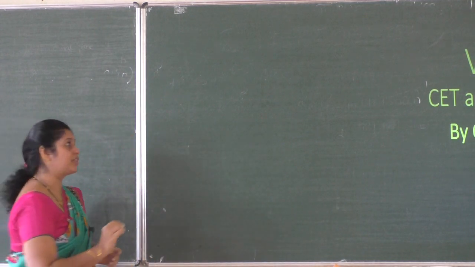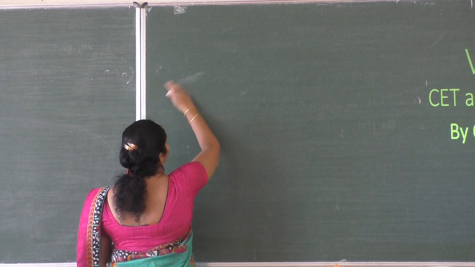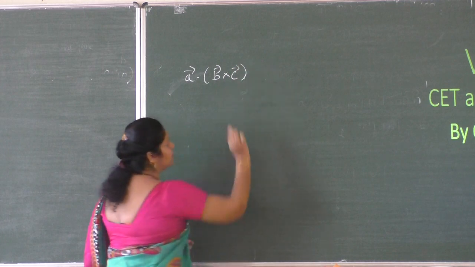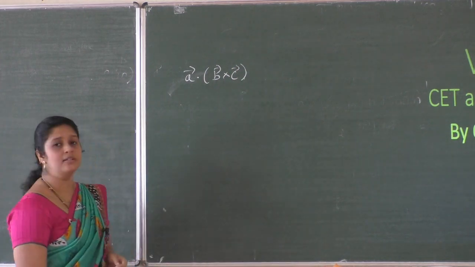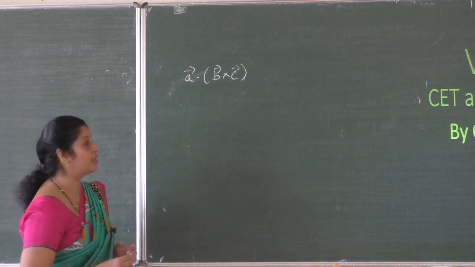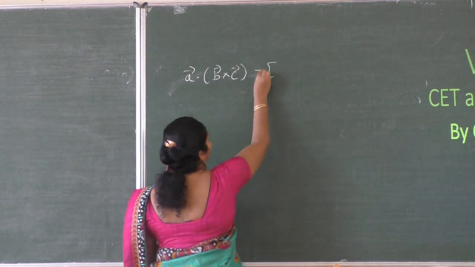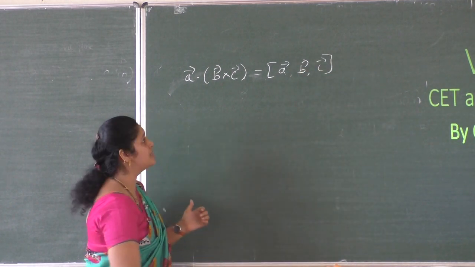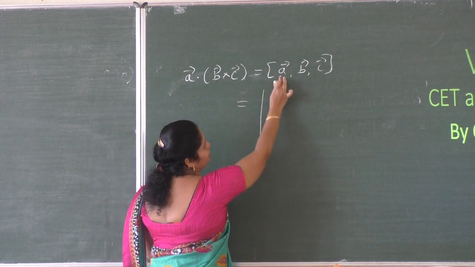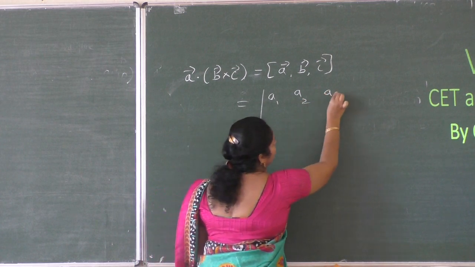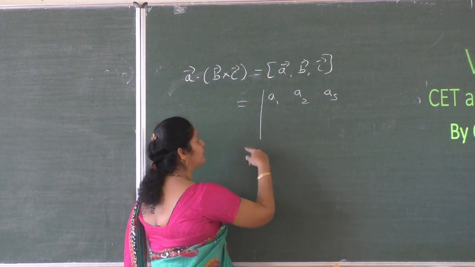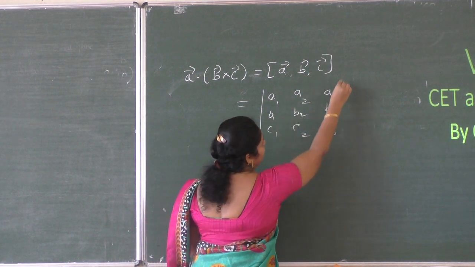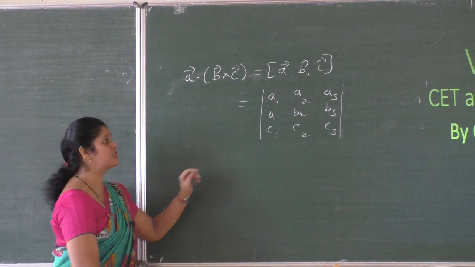Then if you are taking three vectors and multiplying three vectors in this way, that is called a scalar triple product. As a product you are getting a number. You remember you are going to write it like this, and also you remember the first vector comes in the first row, components in the first row of the determinant, second vector in the second row, third vector in the third row. So in this way we can write.